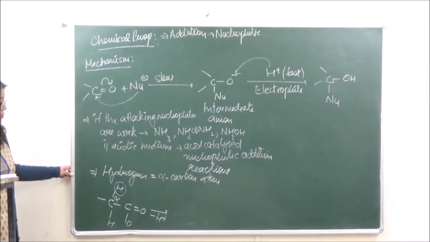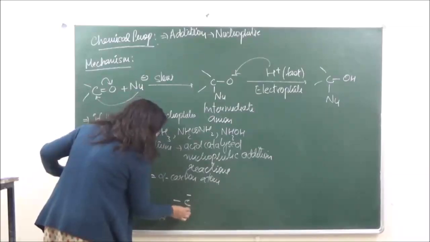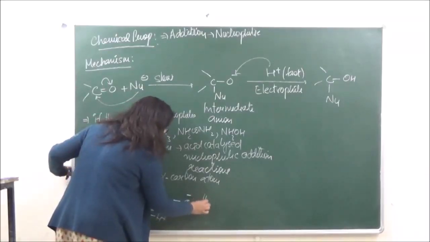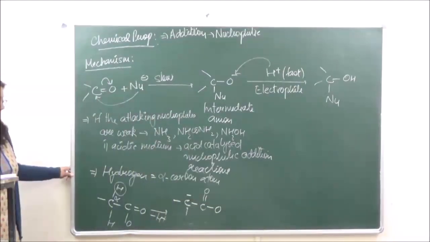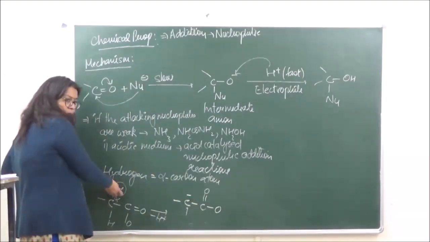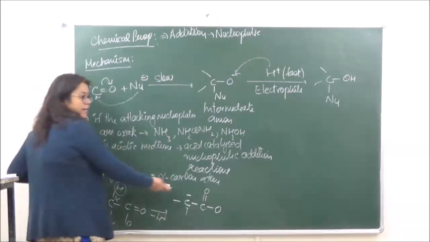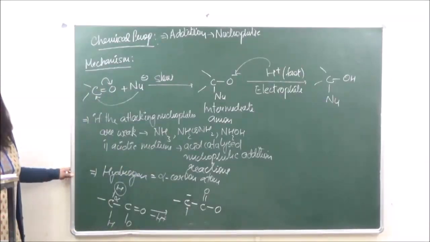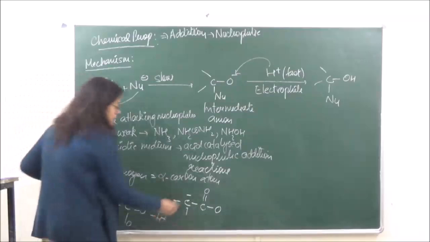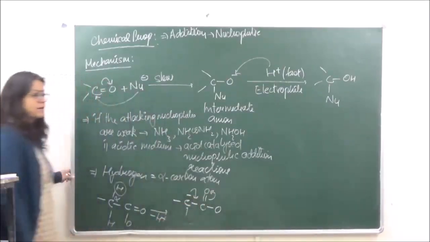Now this structure which is formed over here is going to bear a negative charge on the carbon. Because of the release of this H positive from here, it will leave its electrons back, so this carbon is going to get a negative charge. Now this is going to be resonantly stabilized, right? How resonantly stabilized? Because this can go here and this can come here.